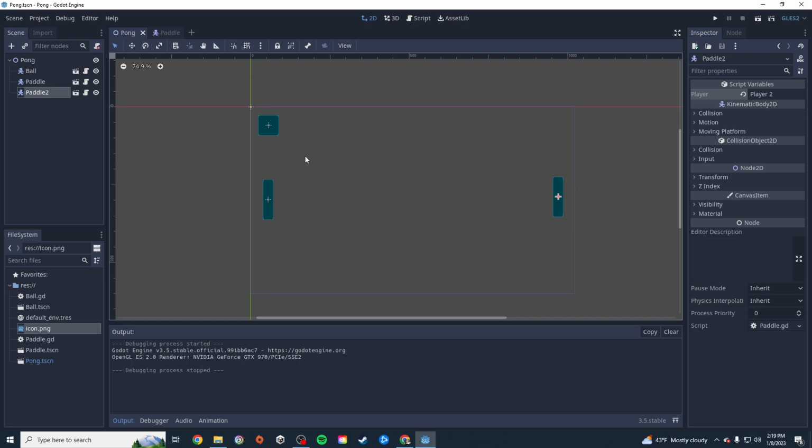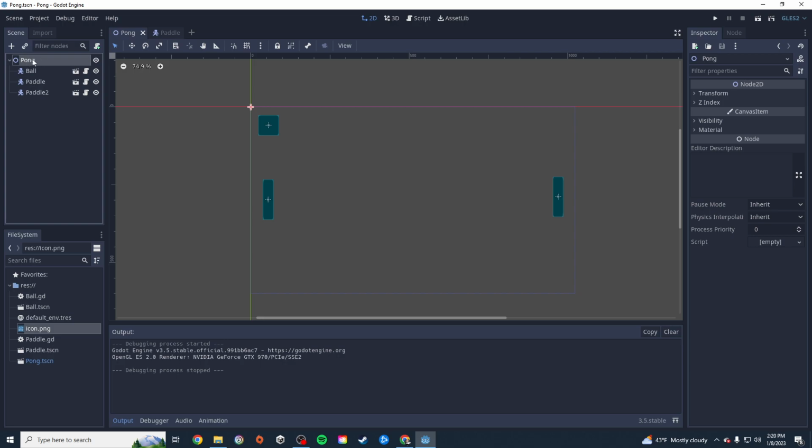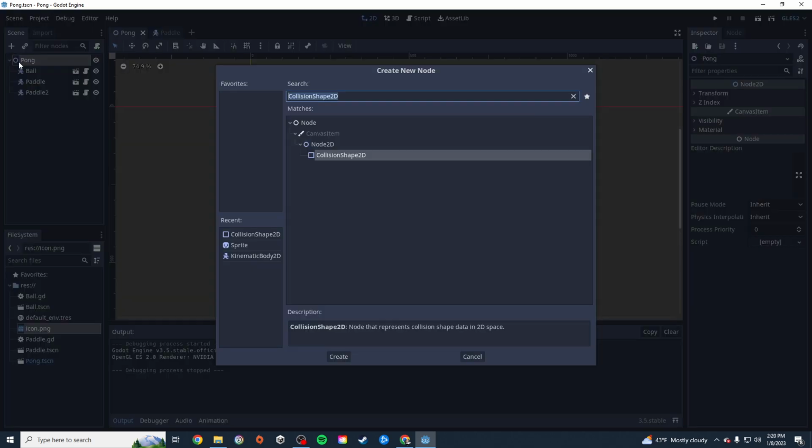Because we already wrote the bounce code just a minute ago, as long as this ball is interacting with other objects, we can make it bounce off of those objects as well. So let's create a new object to allow this ball to bounce off the edges of our screen. Up here, as a child of our Pong node, let's create a new node called a static